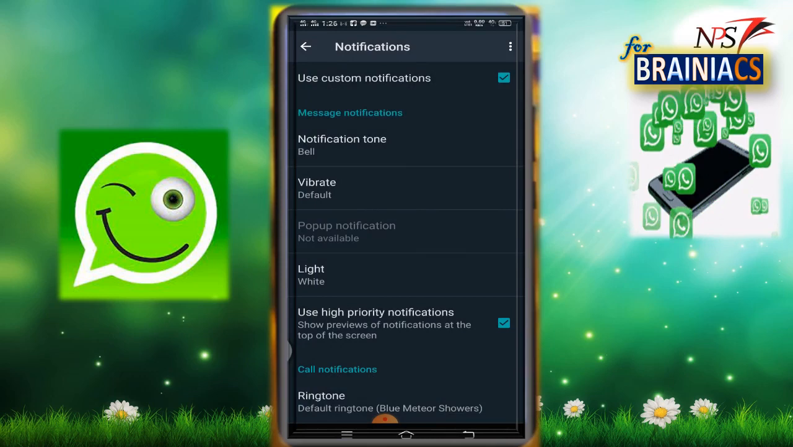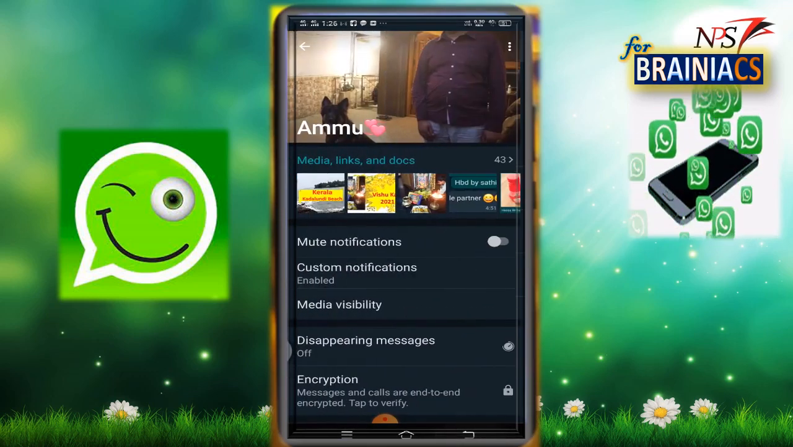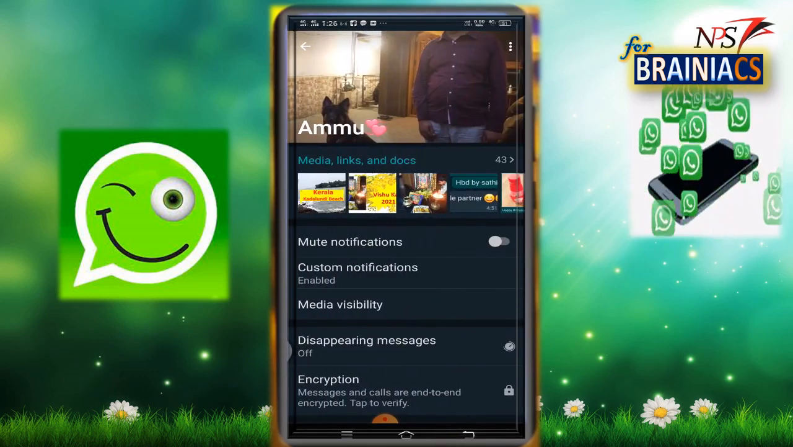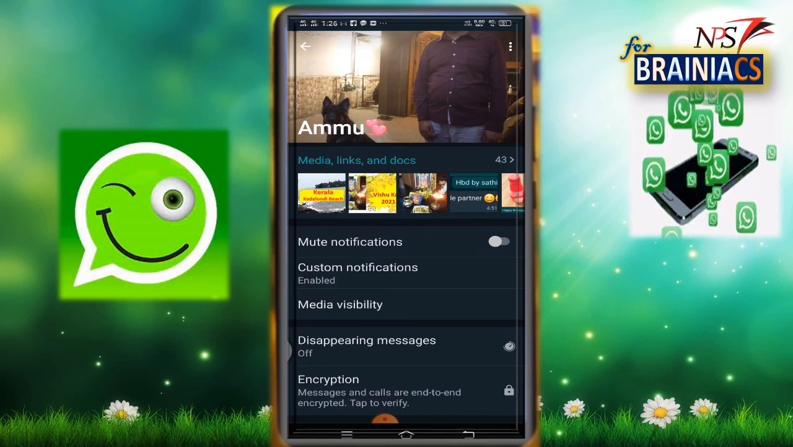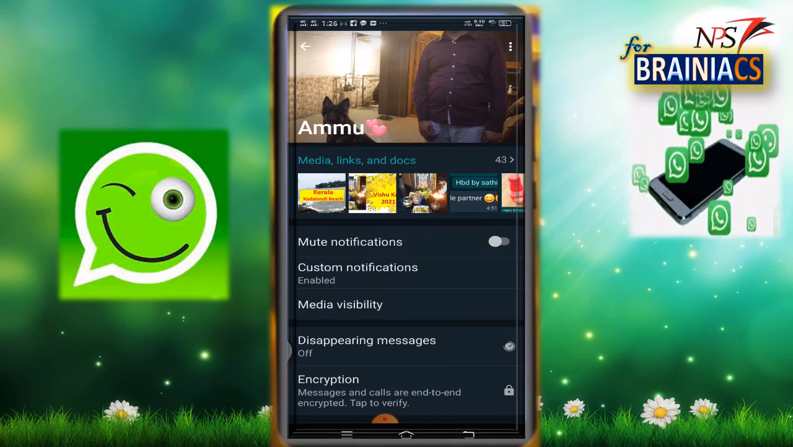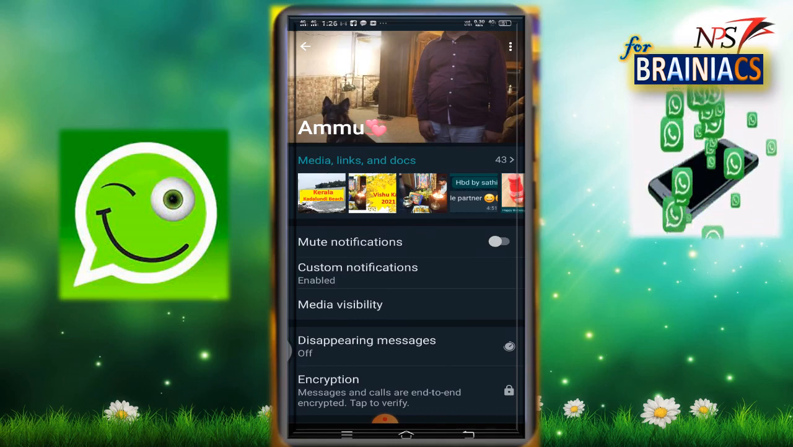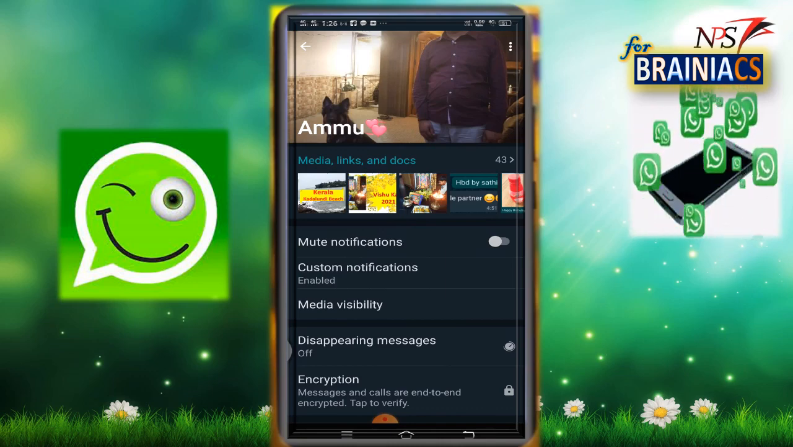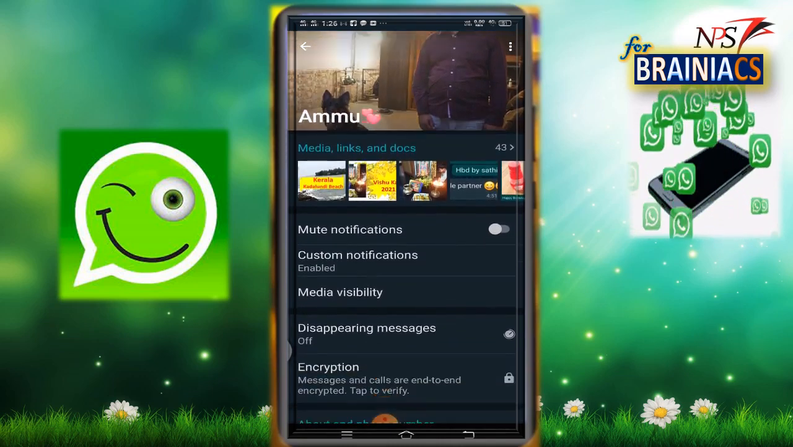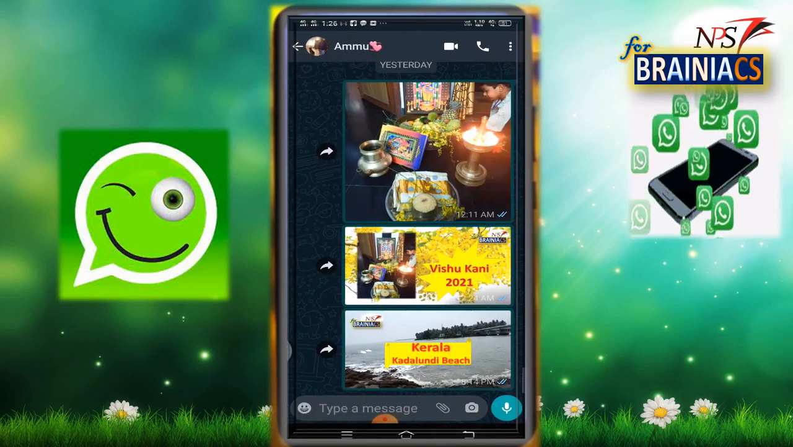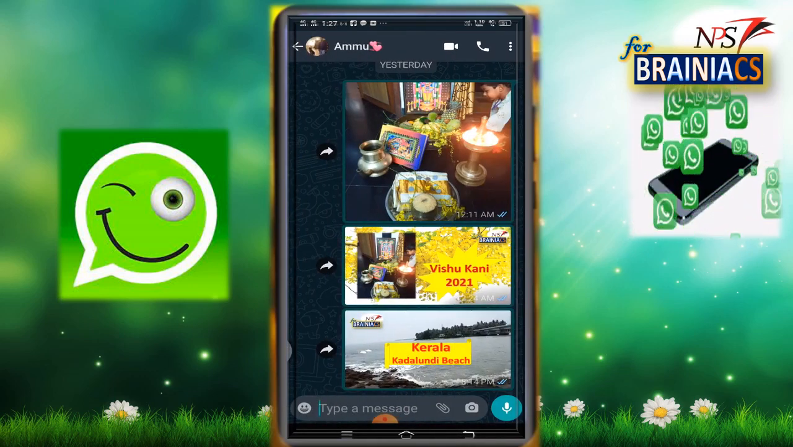and you can give OK. So whenever you get a message from this person or from that group, you will get a different notification sound. So you can easily identify, oh, this is a very important message from that person or from that group, and you need not see everything. So next thing is